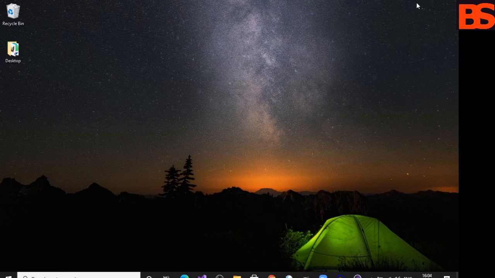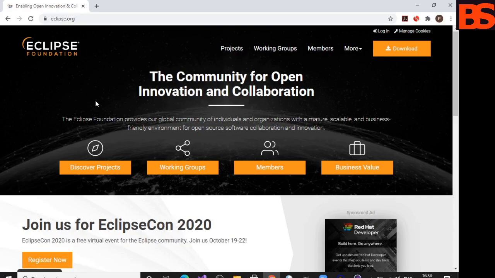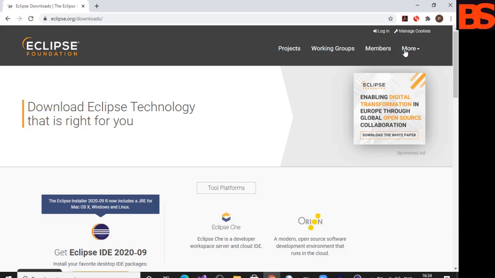So for this, you just open your favorite browser and then search for Eclipse, and the first link which will appear here will be from eclipse.org. So I am going to click on this link. Once this eclipse.org website is open, you can see on the top this download button. So I am going to just click on this download button, and when I scroll down a little, you can see this option which says Eclipse IDE